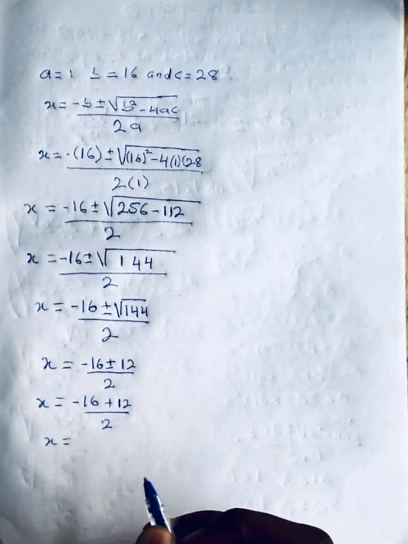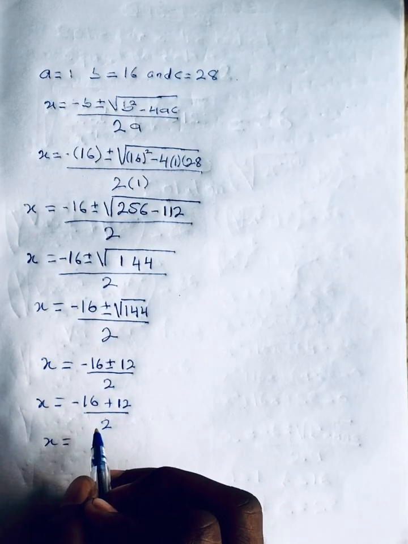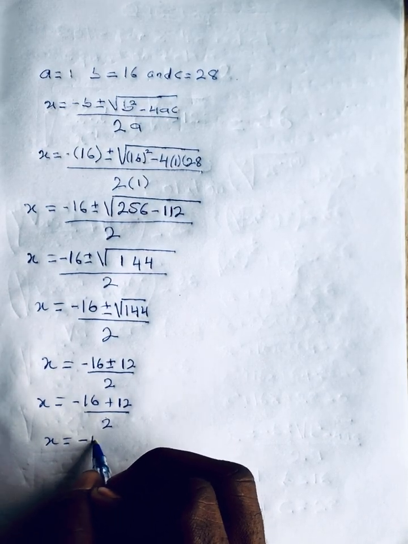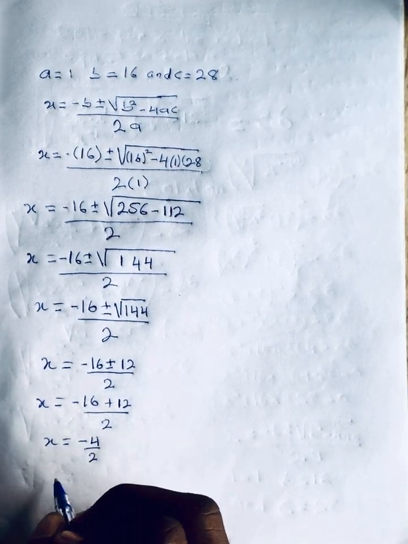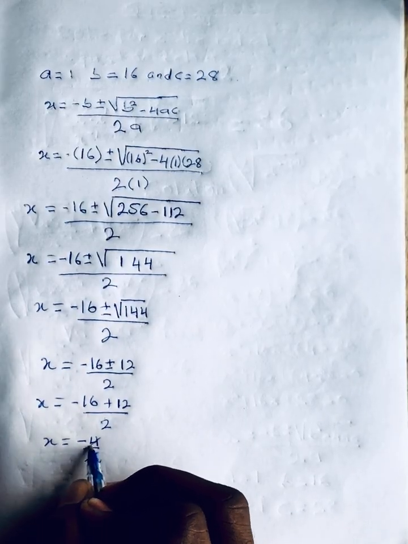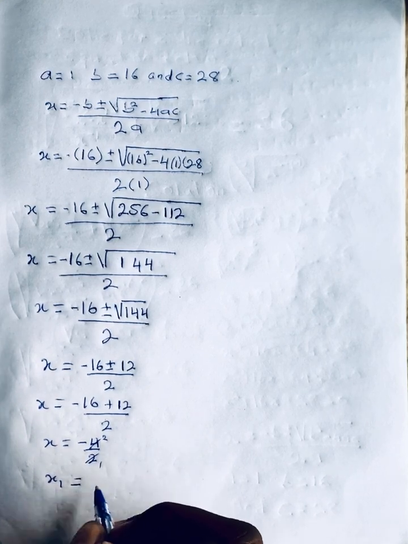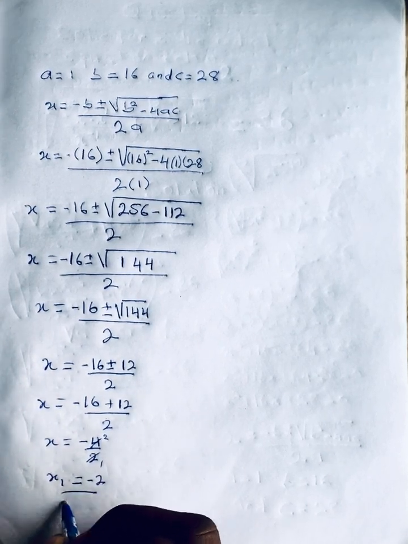x is equal to negative 16 plus 12. That will give us what? Negative 4 all over 2. So this divide 1, this will go here 2. So our x1 will give us negative 2. That is